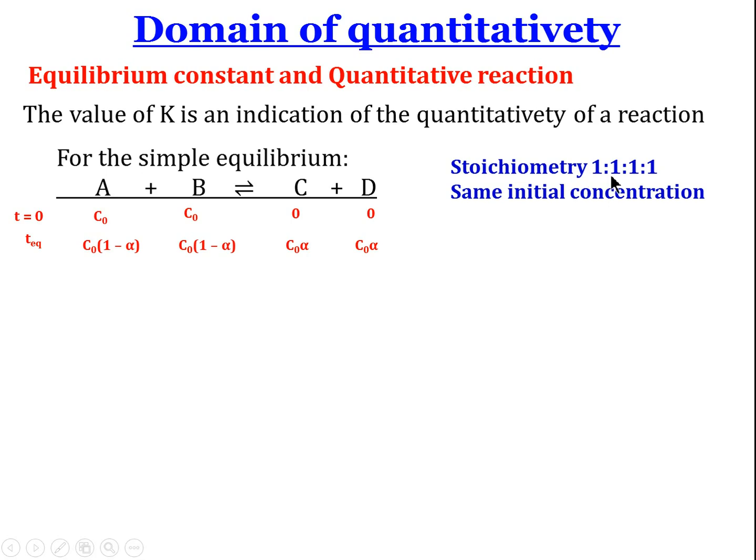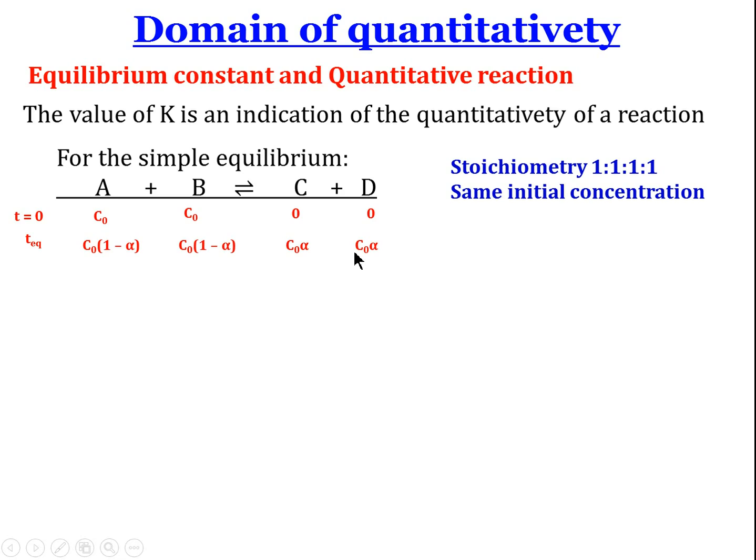The stoichiometry is 1, 1, 1, 1, and we have the same initial concentrations. So at t equals 0, we start with C0 of A, C0 of B, 0, 0. At equilibrium, C0 (1 minus alpha), C0 (1 minus alpha), C0 alpha,